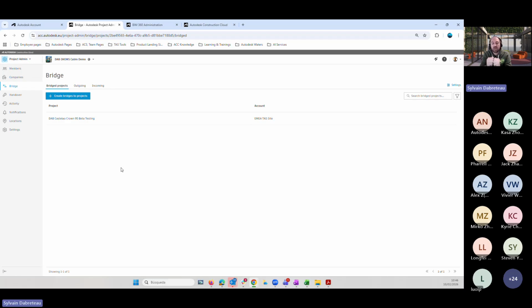You can connect folders, you can connect files through different projects, and create some automation. So for example, when you are creating new file versions, new drawing versions, and you need this to be reflected in another project, you can use the bridge. Or if you have some admin paperwork that needs to be reflected in different projects, you can use a bridge to make sure that it's always updated everywhere.